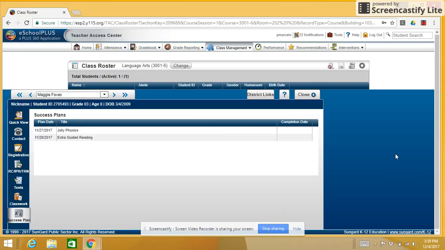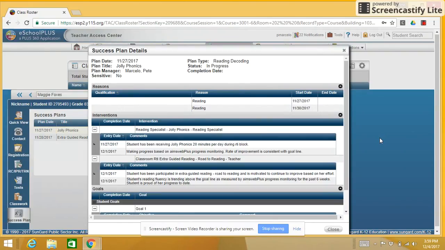When we click on that, there are two titles for success plans and when the success plans were developed. So we'll click on one of them, which is Jolly Phonics, and it'll open up the detail of the success plan. So here you can see the plan date, which was November 27th. The plan title is Jolly Phonics, and it's important to note that I decided to call the plan title the name of the intervention because